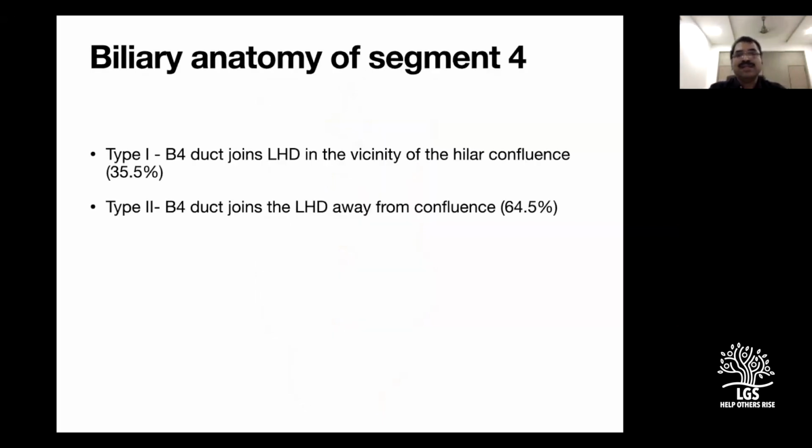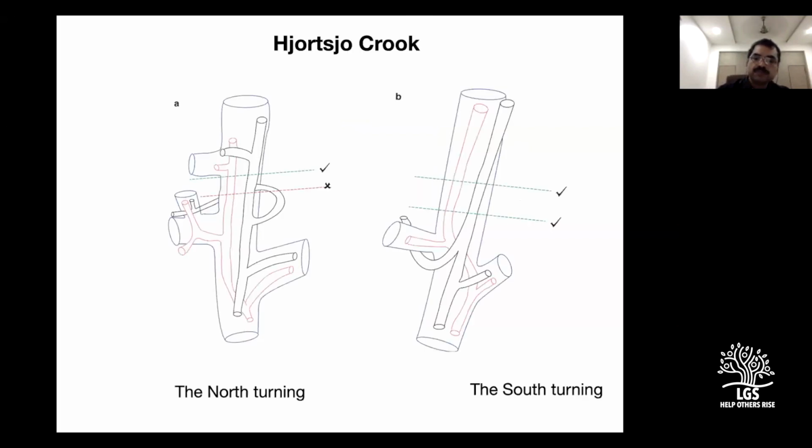So another interesting thing is the biliary anatomy of segment 4, because the segment 4 bile duct joins the left hepatic duct either in the vicinity of the hilar confluence, which is known as the type 1 bile duct entry, seen in around 36%, or, most commonly, as type 2, where the B4 duct joins the left hepatic duct away from the confluence. But if you have a type 1